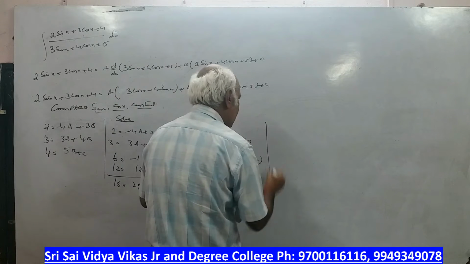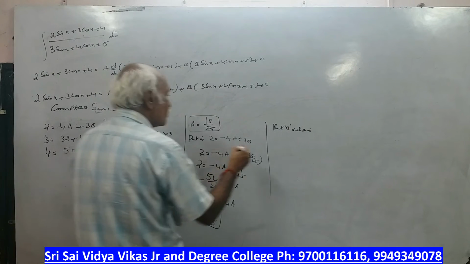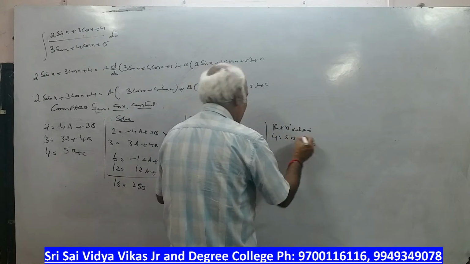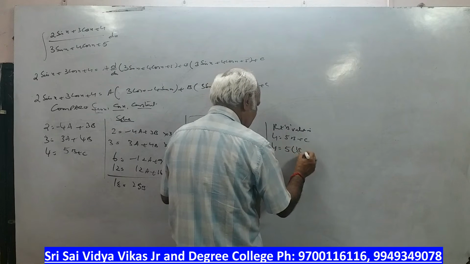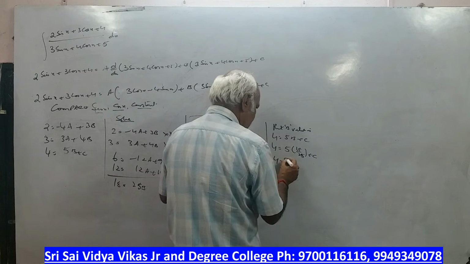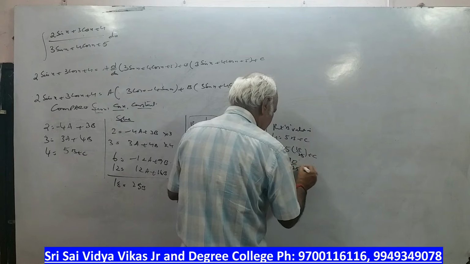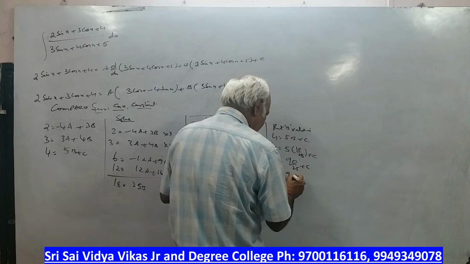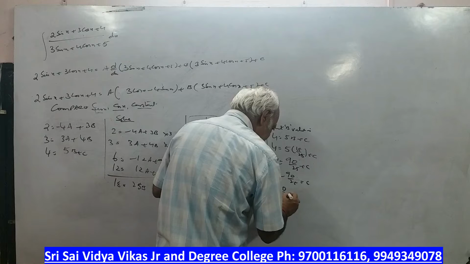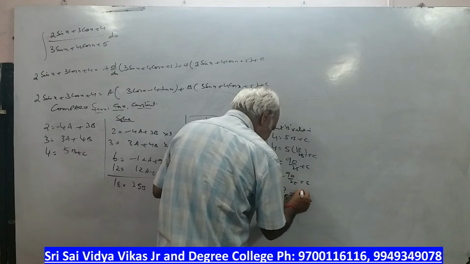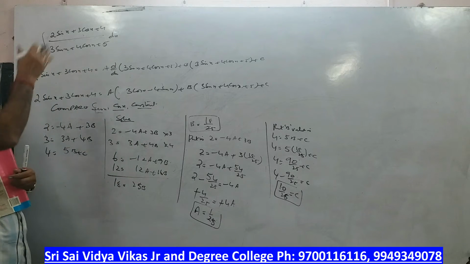Okay, again put the b value in. What is the last equation? 4 is equal to 5b plus c. So I am putting there 4 is equal to 5 into 18 by 25 plus c. So 4 is equal to 90 by 25 plus c. Bring the term this side. 4 minus 90 by 25 is equal to c. 100 minus 90 is 10, so c is 10 by 25. Right, you got a value, b value, c value. Copy up here, because we will continue here.